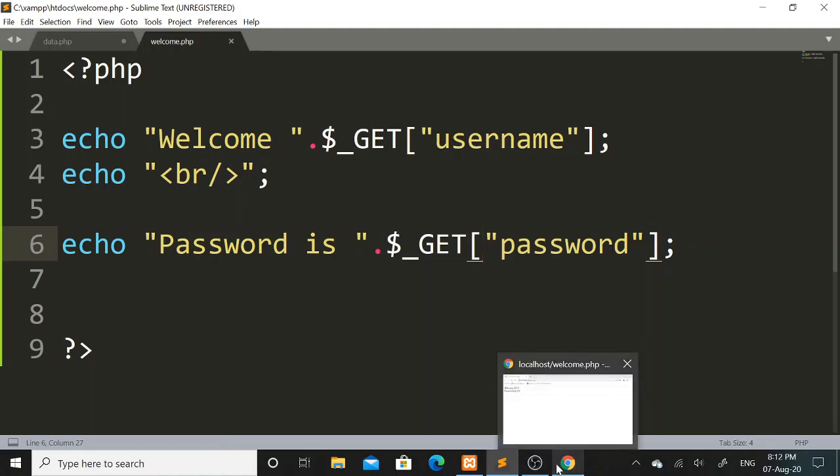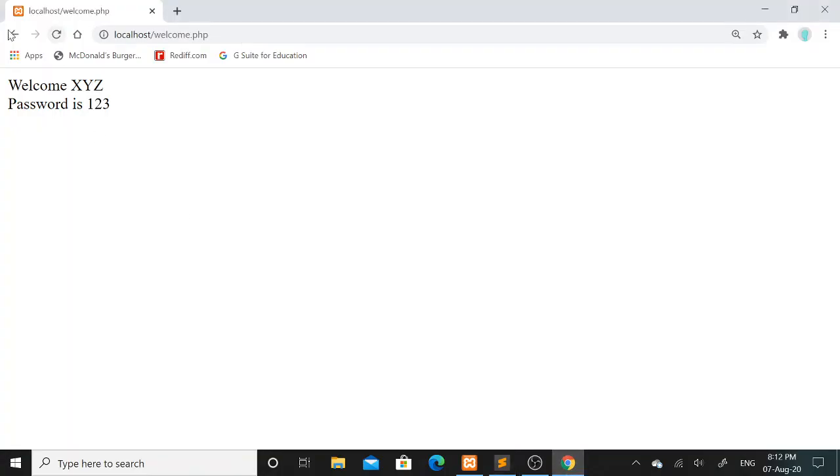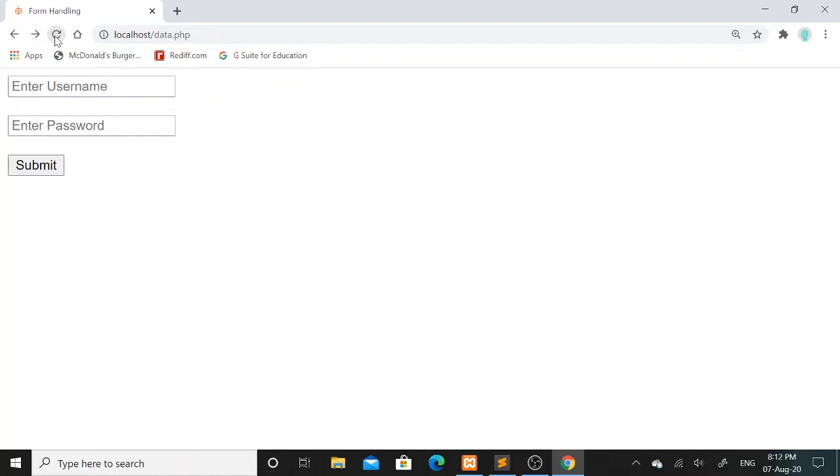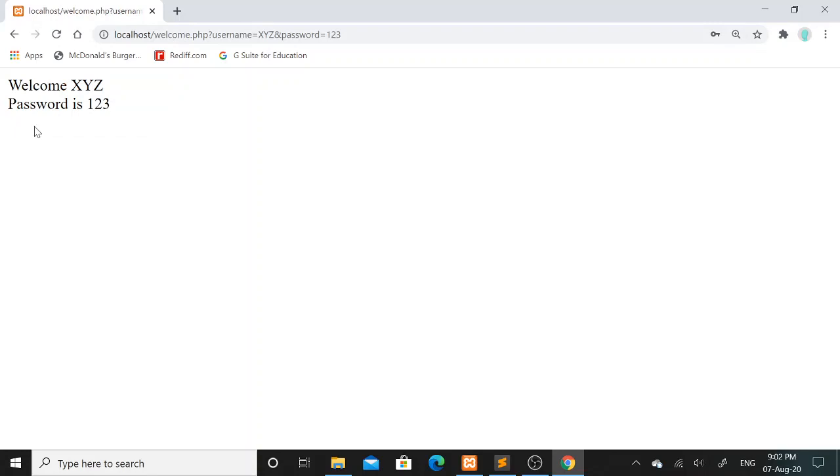I have saved this file. Now again I will refresh this file. I will again enter XYZ as a username and 123 as a password. Now I will click on the submit button and you can see the same output has appeared. Welcome username XYZ and password is 123.